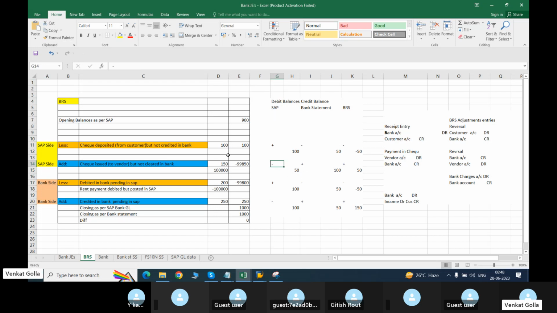But you need to match our SAP balances with the bank statement balances, right? In this case, here is the less, meaning what you need to do is add. If you add, then only it will match our bank statement balances. The other two scenarios will be